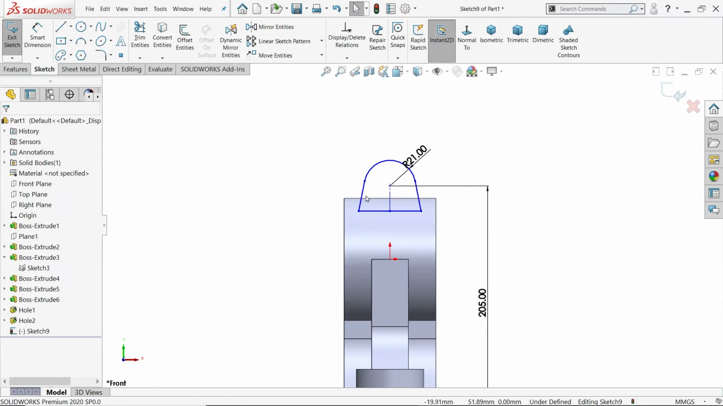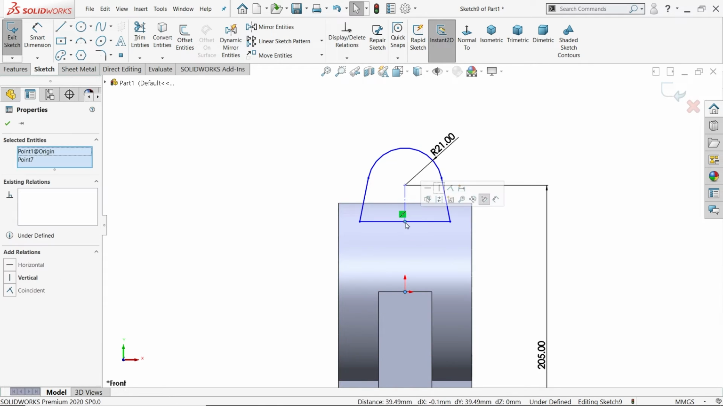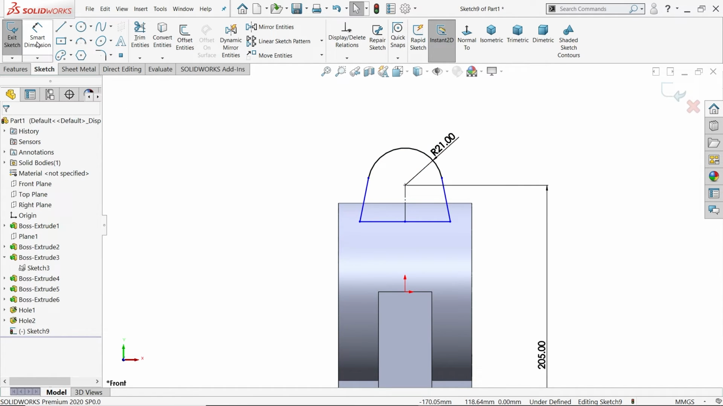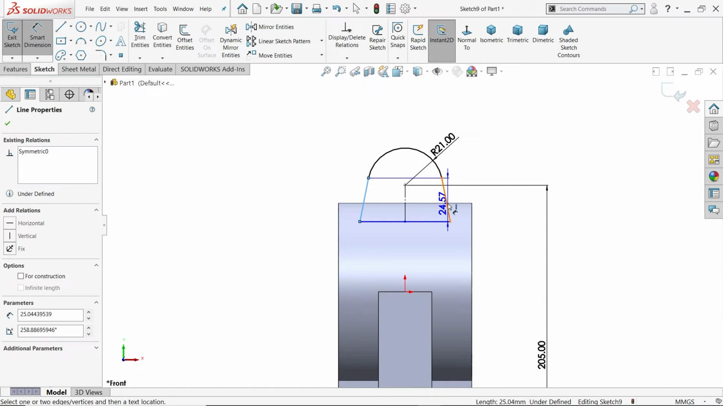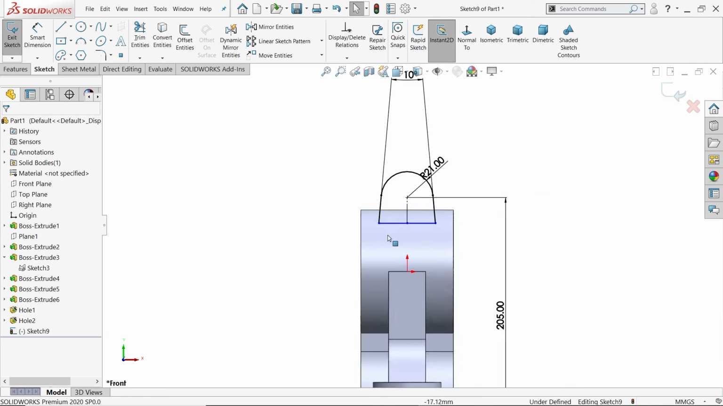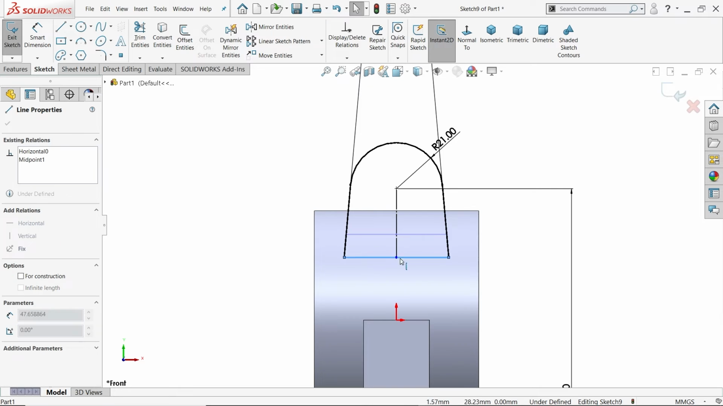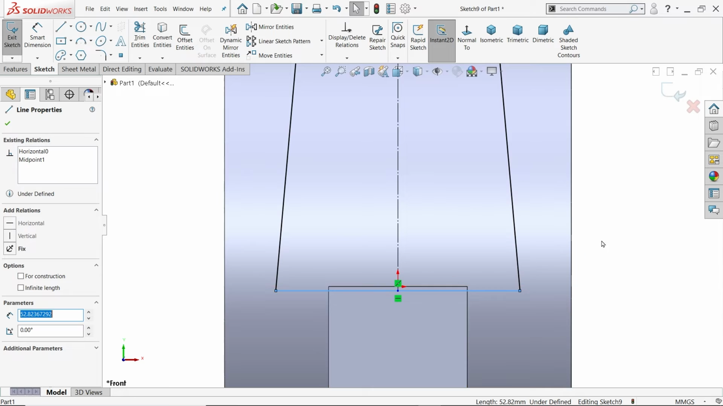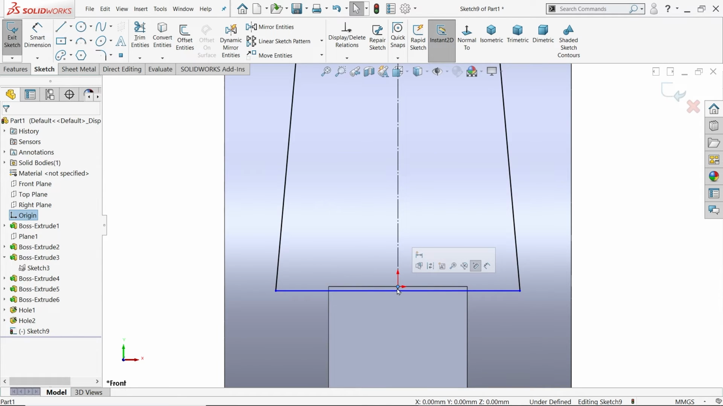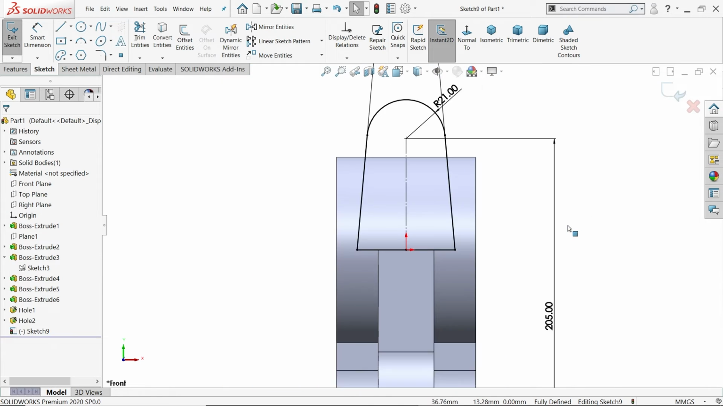Now one more relation, because it is still not fully defined. I'll select the origin point and this point, vertical. Okay, one more dimension, activate smart dimension, and this angle 10. Okay, now still there is one more thing to define, so drag this one up to origin point. If you want, find, click origin point, and this point make relation coincide. See,